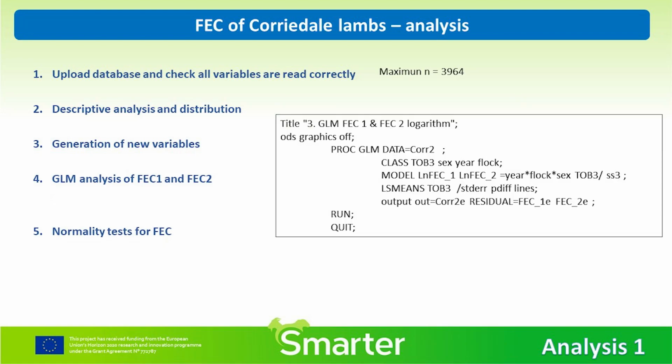And again, one important thing here is, well, this is the analysis to see how it works, the different combinations of this contemporary group defined as year, flock, sex, and type of birth. You can try to see if you can put together type of birth within the other factors and analyze the effect of type of birth on FEC. And one important thing is to create the residuals and export the residuals to be analyzed